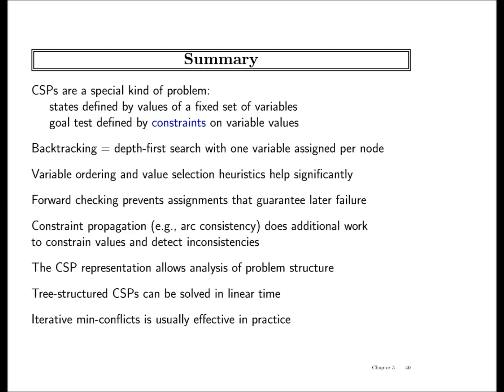So we'll end this discussion here. CSPs are a special kind of problem. States are defined by a fixed set of variables, and the goal is defined by constraints. We discussed backtracking search, which is depth first search with one variable assigned per node. We discussed variable ordering and value selection. We discussed forward checking and arc consistency, which are ways to detect early failure.